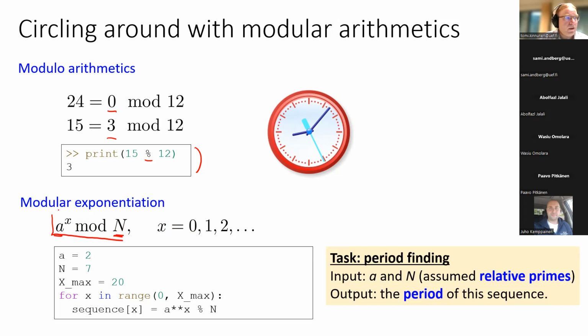You will find that this sequence of numbers will be periodic. It's repeating itself, just like the clock is circling around itself. You will find that this sequence will repeat every few circles. And the task here is actually to find what's the repeating period? So how often does this sequence repeat itself?